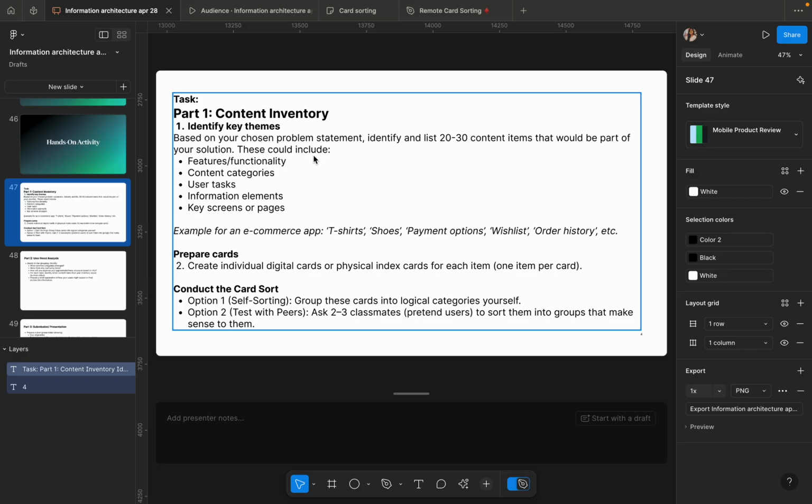The content that can be added is the features or functionalities, the content categories, that is the naming, the group name. First decide whether you are going to go for open card sorting, closed or hybrid. Based on that, you choose whether you need to include the group name or not. Then the users' task, what they have to do: give the instructions for the users and write them. And then the information elements, the key screens or pages involved. Basically, the features will be the primary thing that you will have to write down for 20